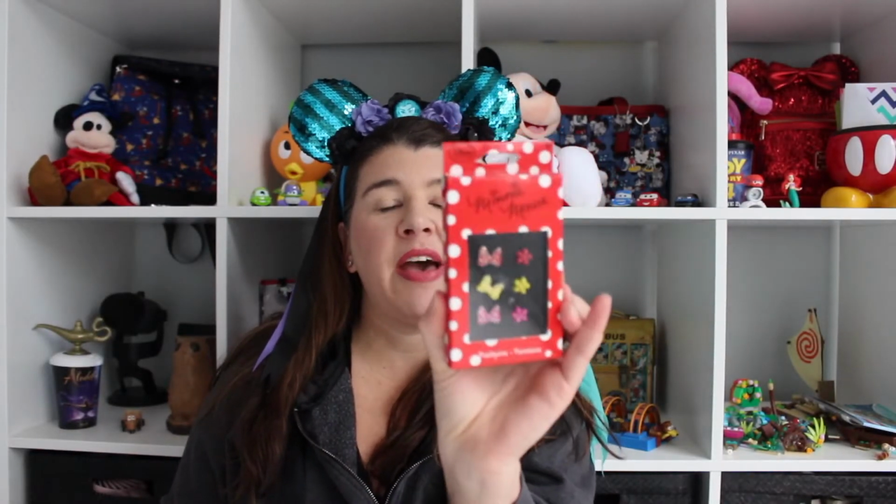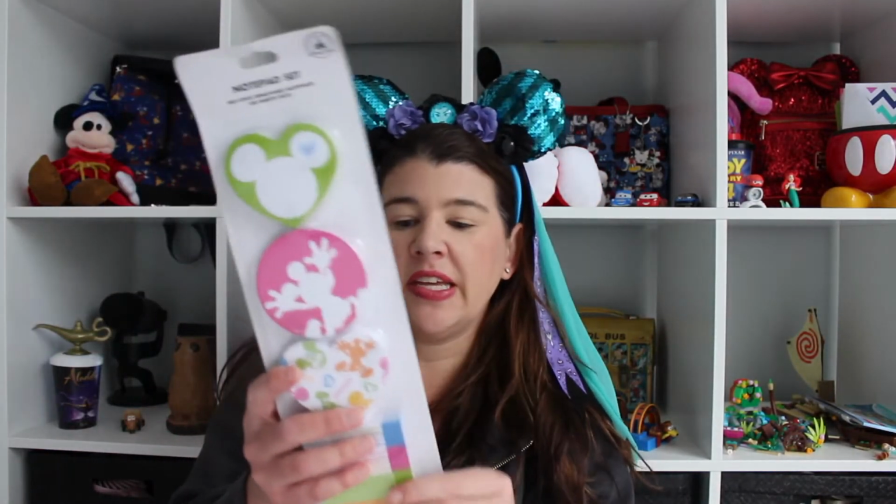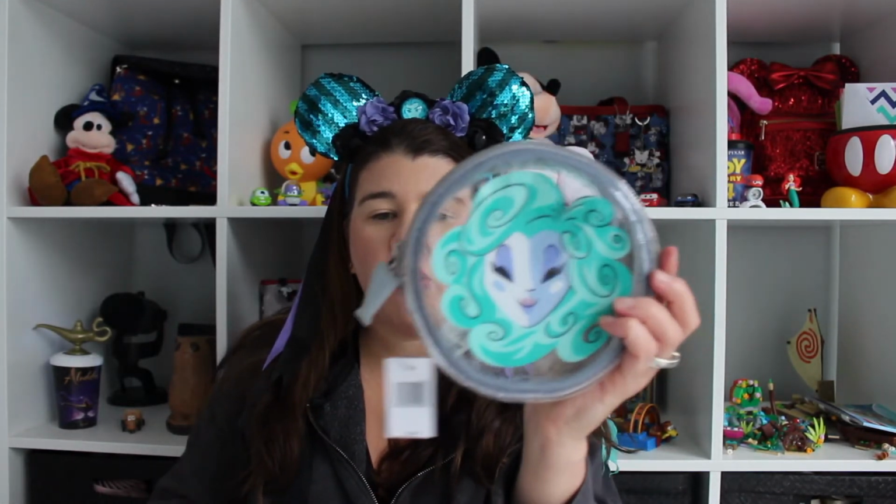So let me add up the items that I received and we'll take a look at the value. Okay, so to go over the prices again, the pens were $9.95, the sticky notes were $12.99, the Madame Leota pouch was $19.99, and the Alex and Ani Hatbox Ghost bracelet was $49.99. So the value came out to $92.92,